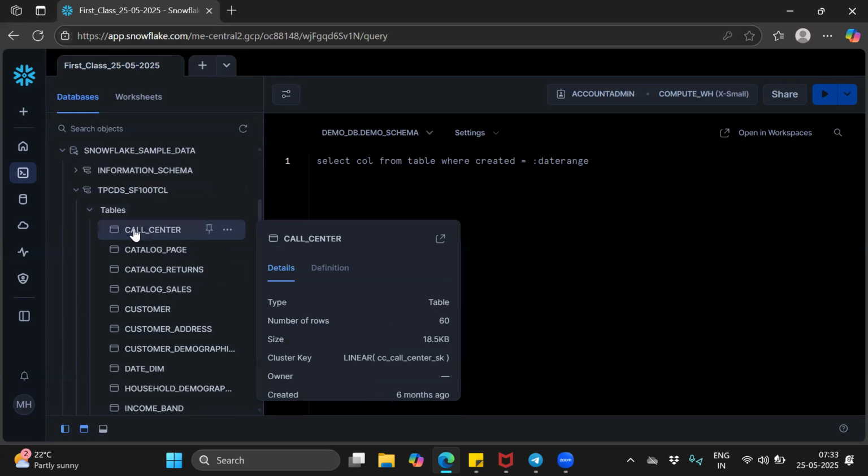Now if you see here, when you click on this, it will give you call center details, type table, number of rows 60, size 18.5 KB, cluster linear, CC call center SK, owner empty, created 6 months ago. So like this, it will give you information. And the definition. What is definition? If you click here,